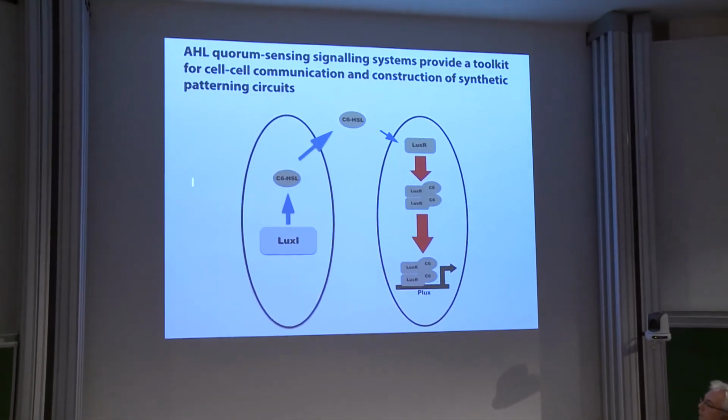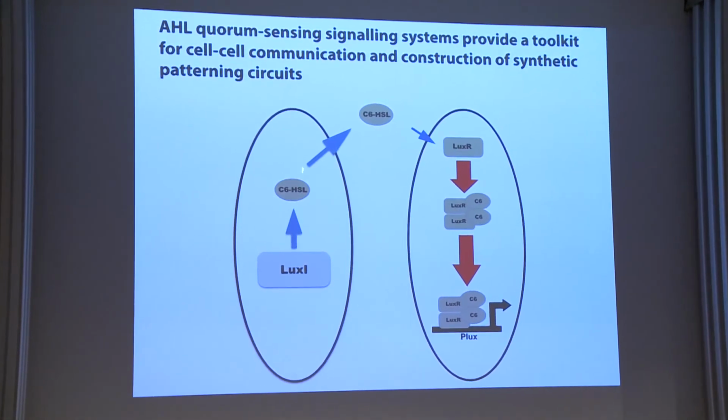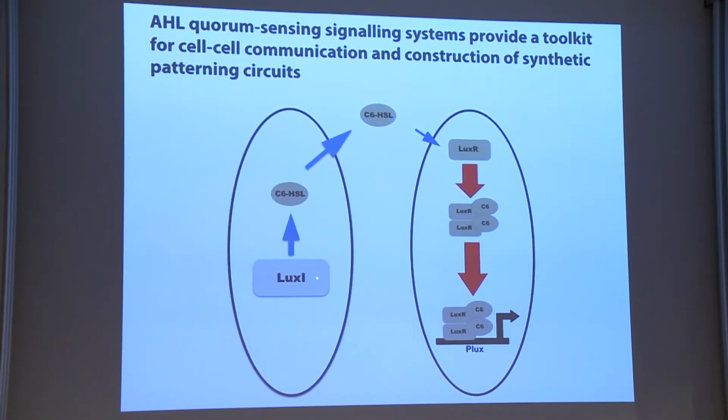And we've used a number of different signaling processes, but focused mainly on the quorum sensing signals, which is about as simple a signaling system as you can make between two cells, where you've got these homoserine lactone producing enzymes and receiving enzymes. So you've got a two-enzyme system, one of which is the catalyst that produces the signal. The signal will diffuse across membranes, and it moves directly from one cell to the next by diffusion. And there's a cognate protein that you can express inside the cells, which will recognize this, dimerize,